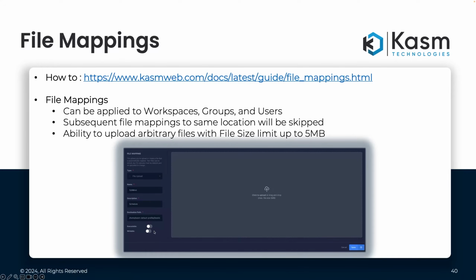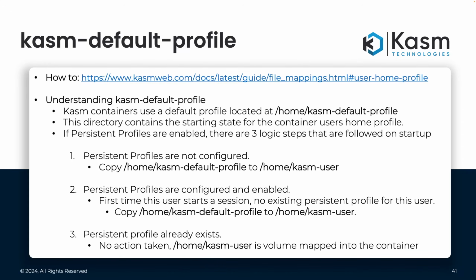By default, a file is owned by root, and the container user doesn't have any write permissions to the file. So toggling these would give the container user write and executable access if you need them to have it. Because we are dealing with persistent profiles and we have those configured now, it's important to understand the Chasm default profile. So our containers use the default profile located in the